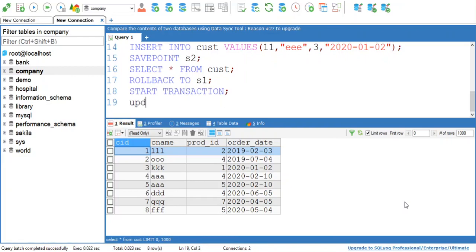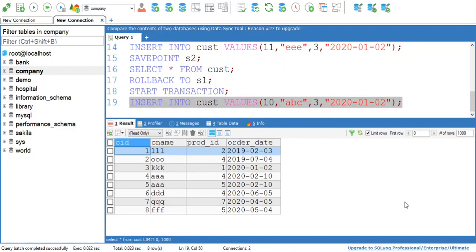Then I am inserting some values: insert into cost values, suppose I am inserting a value for customer 10 with some name, suppose the name is ABC, then product ID 3 and some date.